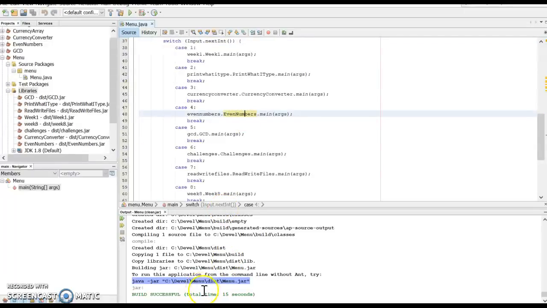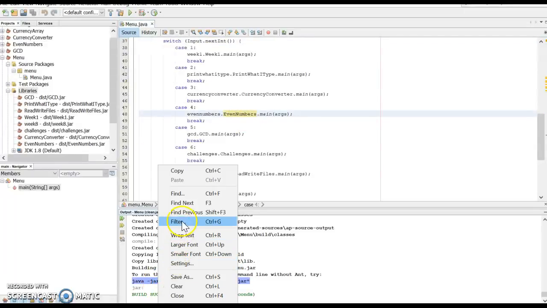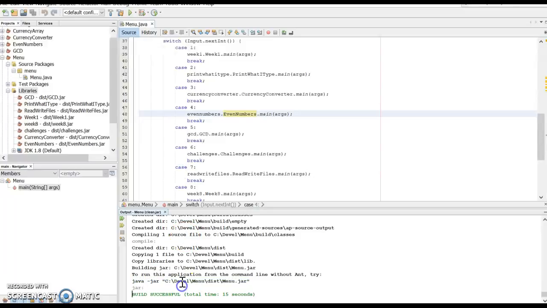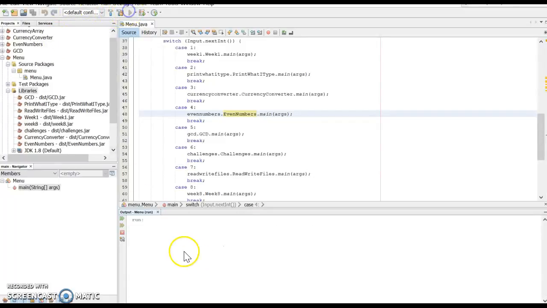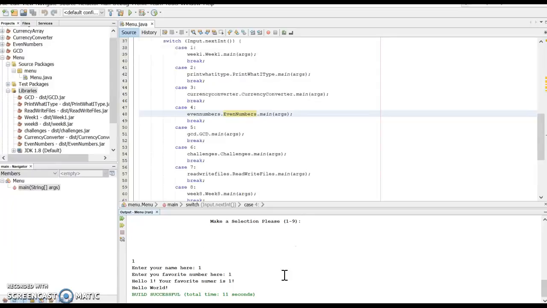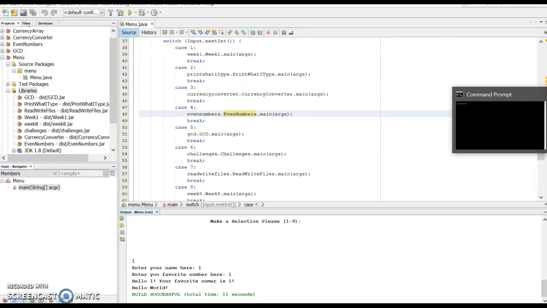Now to run this, let's copy this so that we don't have to do it again. I can run it in here with no problem. It will run normally. But this is number 1, the week 1 assignment, and it will run it. Now to run it in a command line,